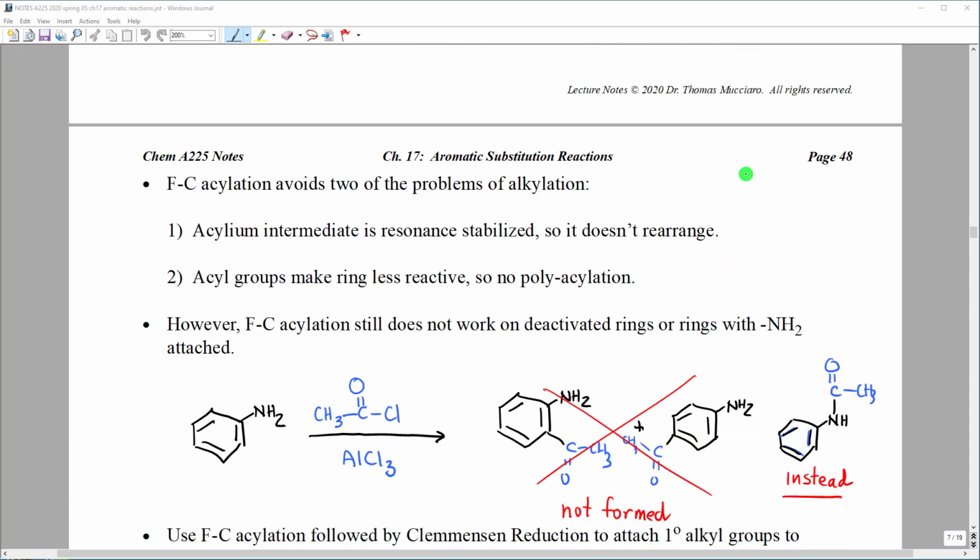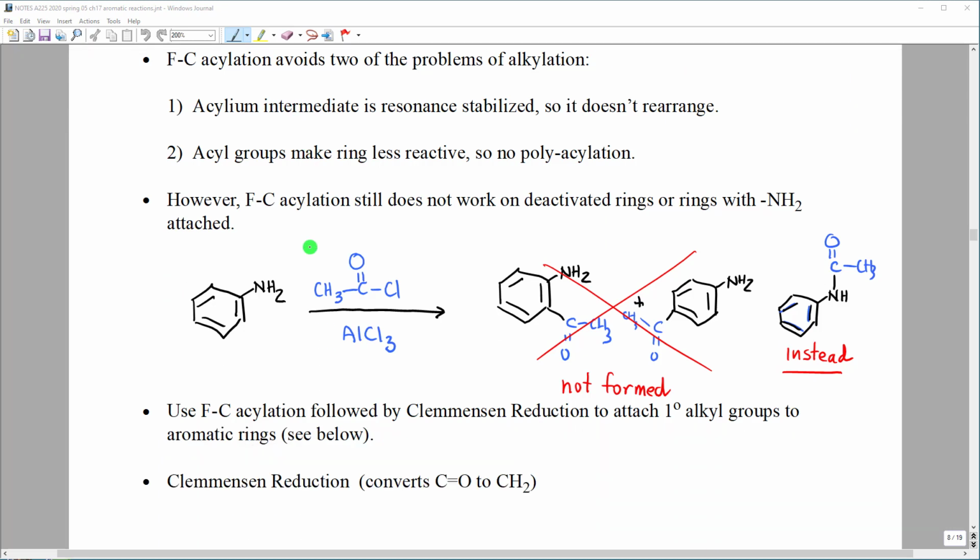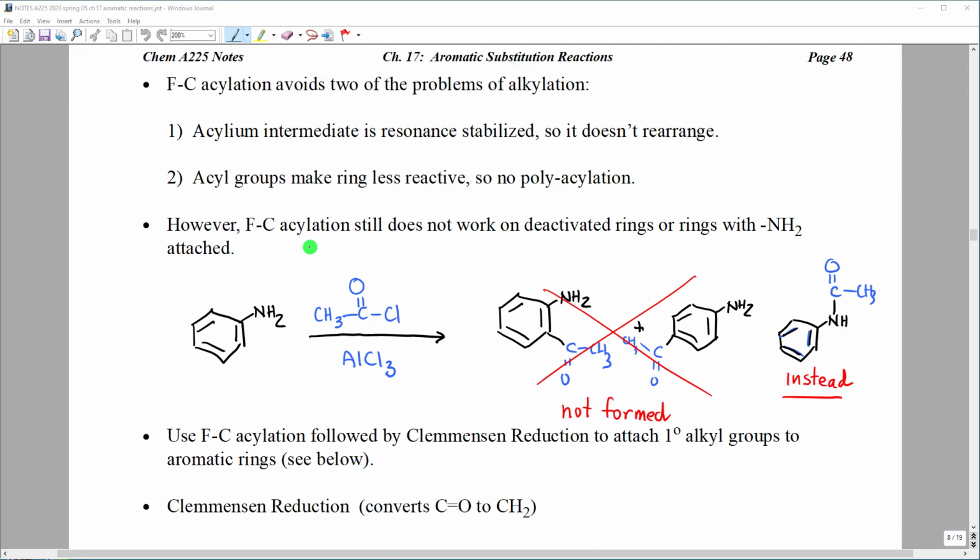Friedel-Crafts acylation avoids two of the problems of alkylation. The first is that the acylium intermediate is resonance stabilized, so it doesn't rearrange. The second is that acyl groups, we will see later, make the rings less reactive, so we don't get polyacylation. However, we do still have problems with Friedel-Crafts acylation when we try to do it on rings with deactivating groups